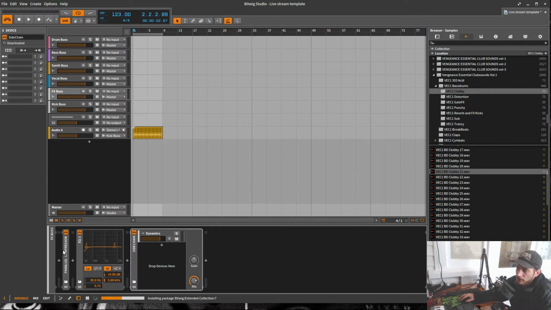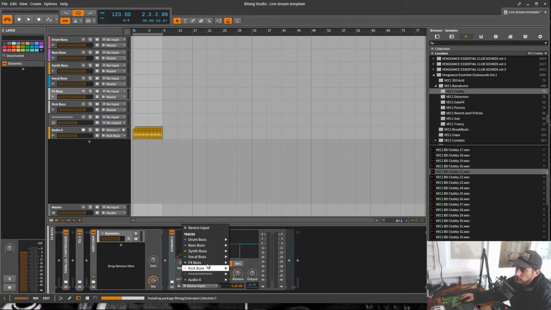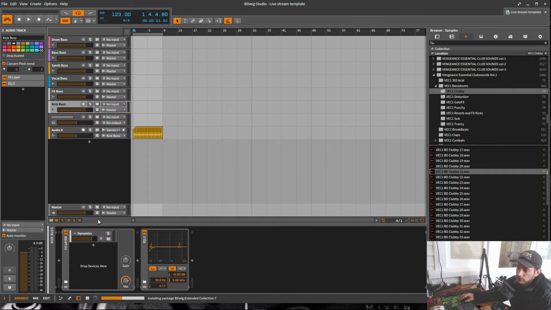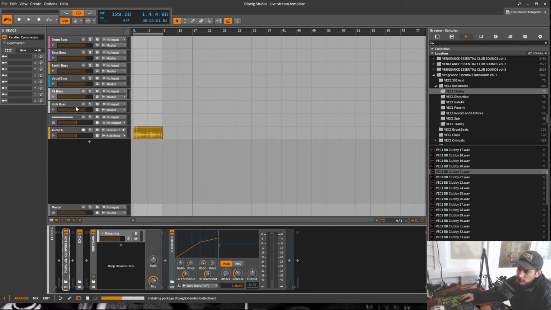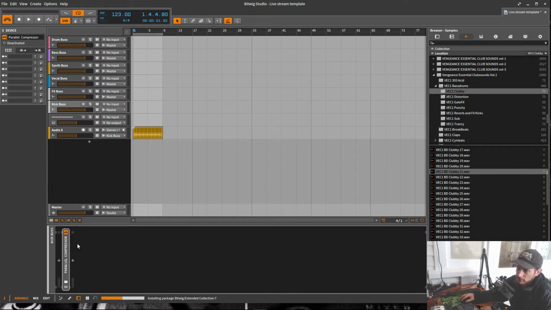Now you can turn this on and off depending on your taste, you can adjust it. So let's go here, pre. Once again, turn that on, check it, that's fine. Kick bus doesn't have a parallel. I mean, it's got a parallel compressor. It doesn't have a sidechain compressor because that would be silly, sidechaining itself. Okay, and